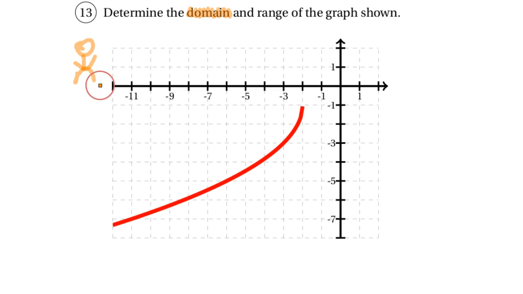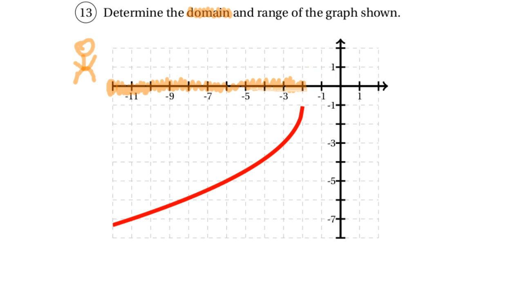So when Bob right here is starting on the x-axis, he's going to look down and he's going to see, oh, there's a graph right here. And he's going to keep walking along the x-axis. And as he's walking, he keeps seeing that there's graph underneath him until he gets to a certain spot. And it happens right here. So at -2, he gets to this spot and he's like, oh, I don't see anything past here,